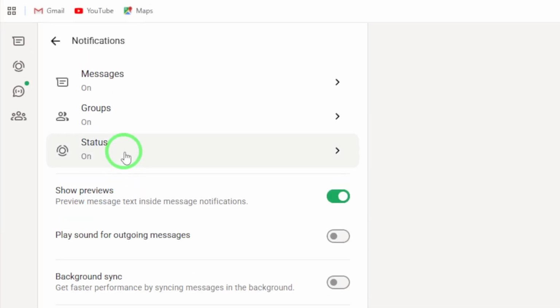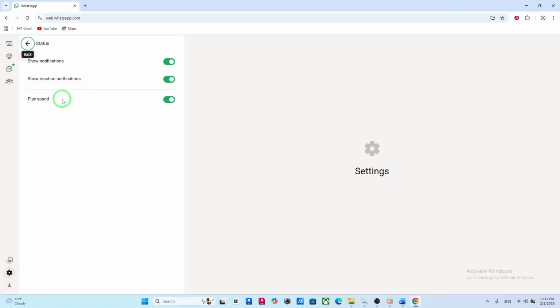Next, choose notifications from the menu. This is where you can control all the different sounds and alerts that come from WhatsApp Web. You'll see options for message alerts, group notifications, and of course, the one we're focusing on today, status updates. Click on status. This will take you to the section specifically for managing how WhatsApp notifies you when your contacts